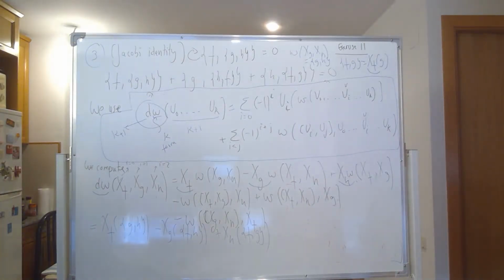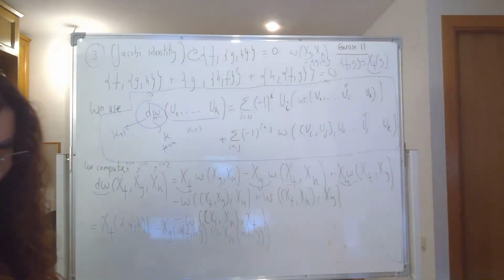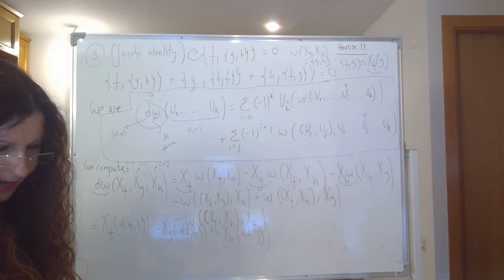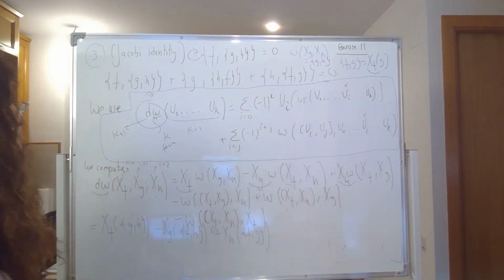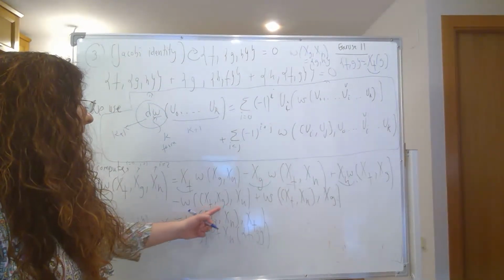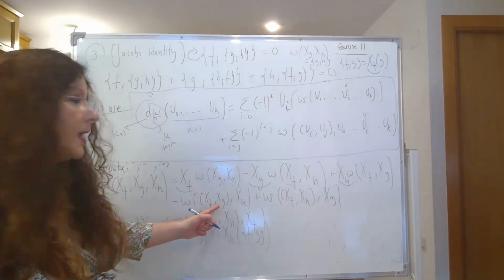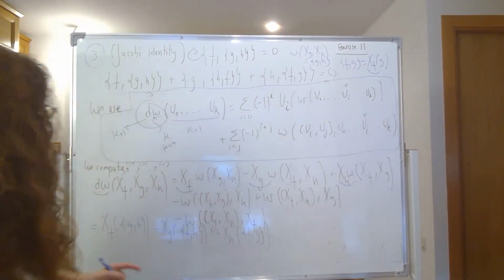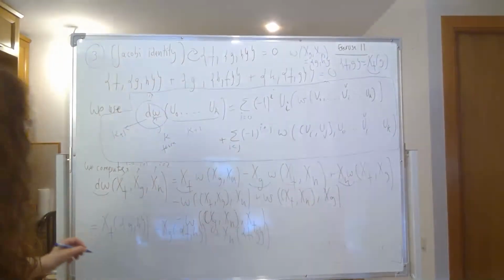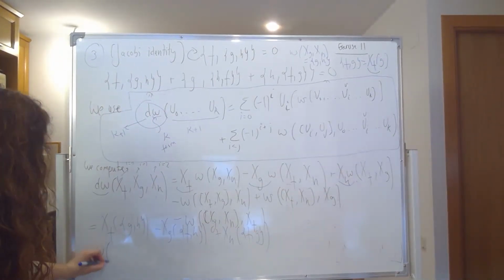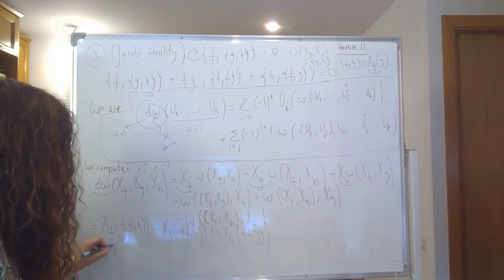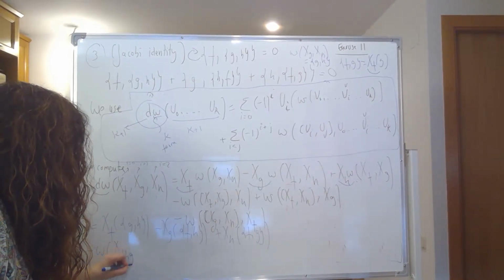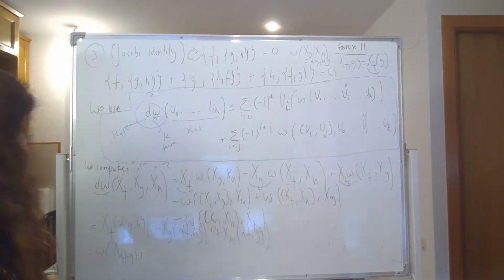Okay, then what happens with the other guys? Okay, with the other guys, what happens is that first I can identify, I'm going to use the previous identity, that the bracket of X F, X G equals X of F and G. Okay, so again, I'm going to do this in 2 steps. So I'm writing minus omega. Instead of doing this, I apply the bracket of F and G. So the other formula I'm using here,